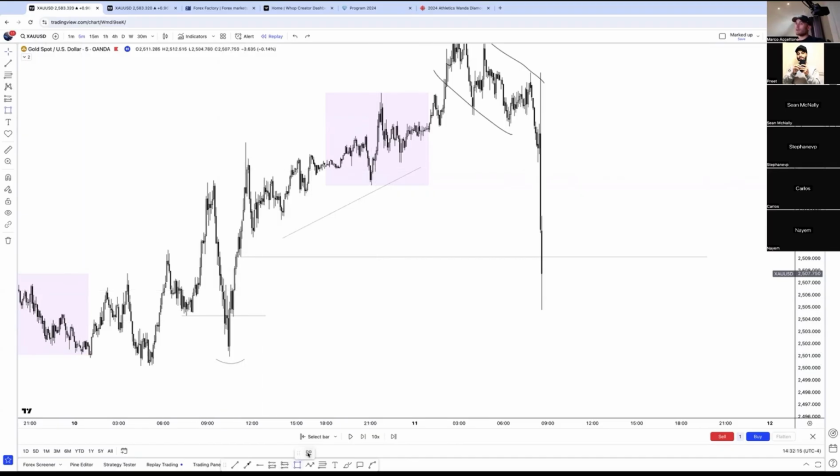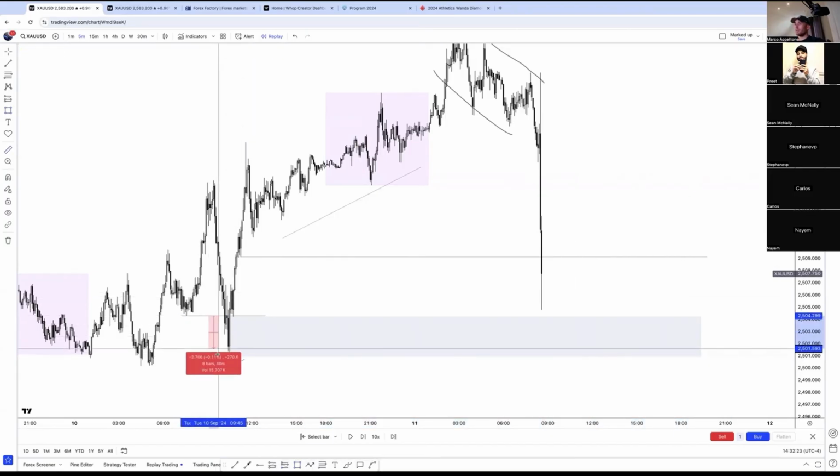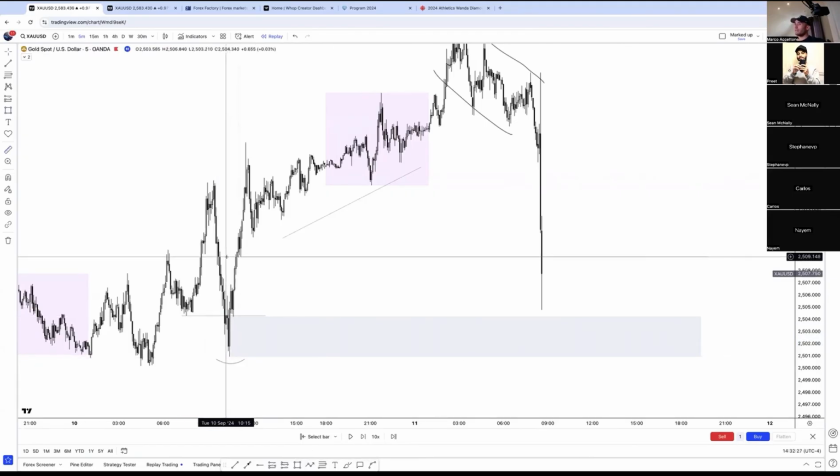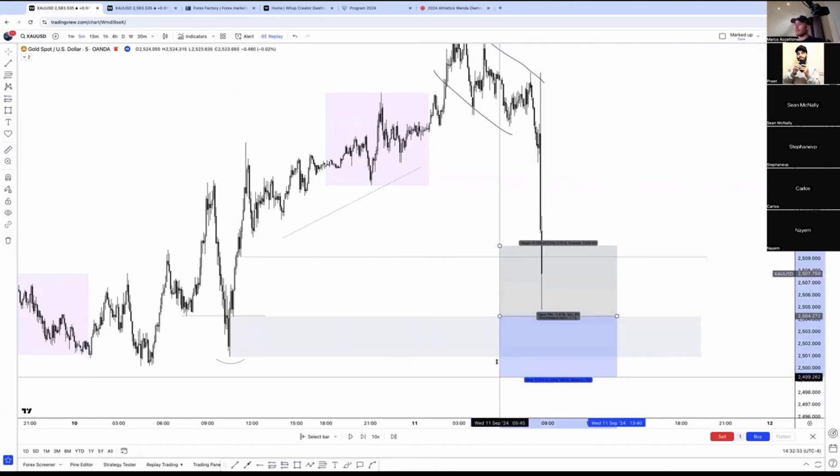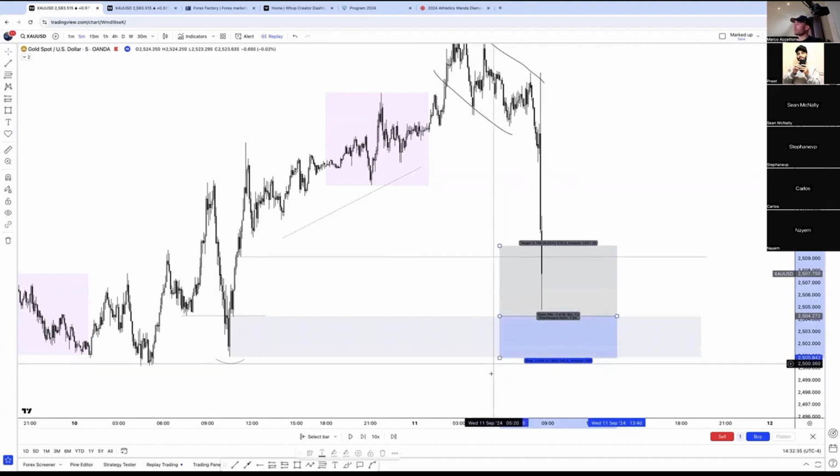So if I wanted to take any sort of extreme entry, I'm looking for an extreme entry down here. Because now my stop loss is going to be only about 30, 35 pips, as opposed to 80. And that is the extreme entry. It would be like this. Again, stop loss always goes below the liquidity block.